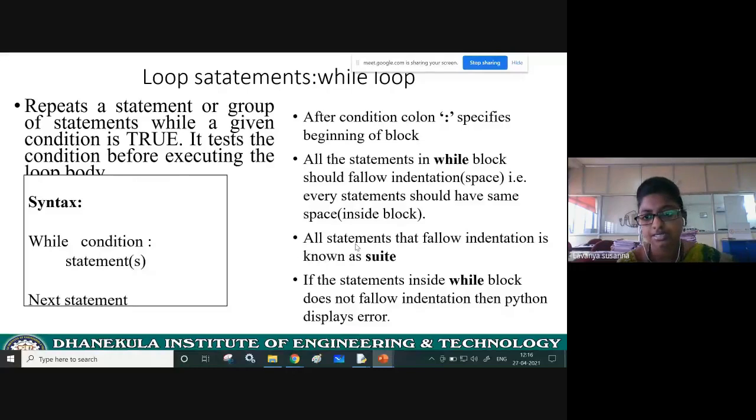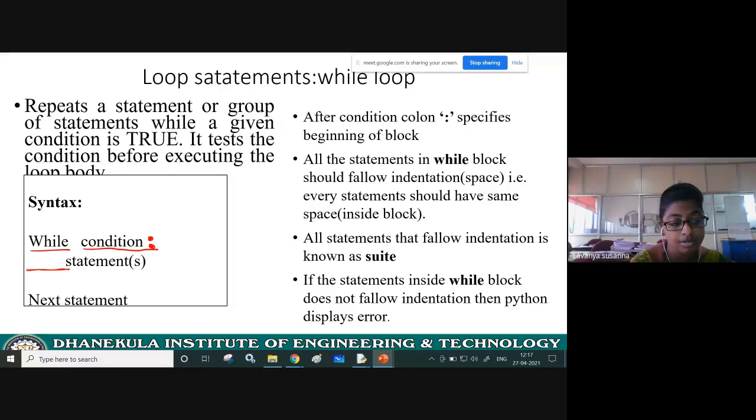While condition colon. This colon represents the starting of the while block. For while, there is no need to give any braces. After while condition colon, all these statements must follow some indentation.